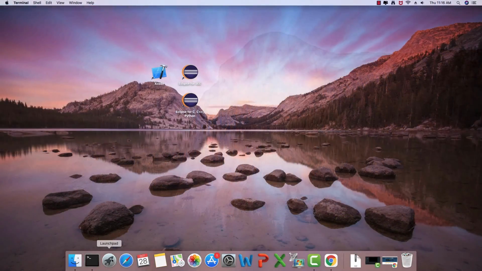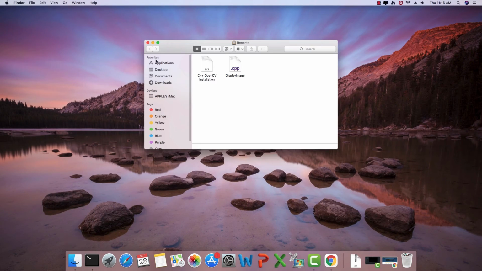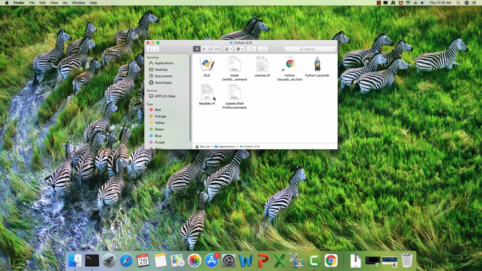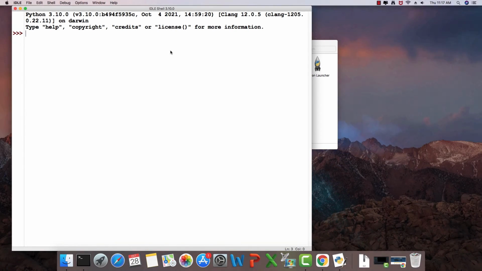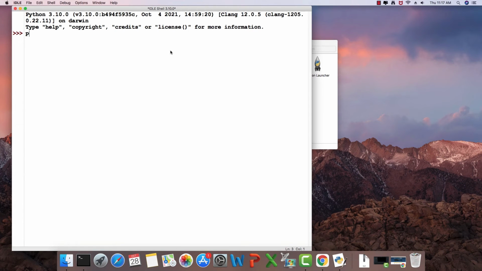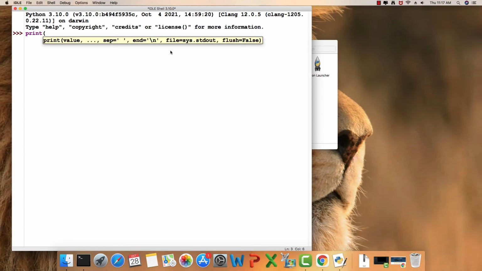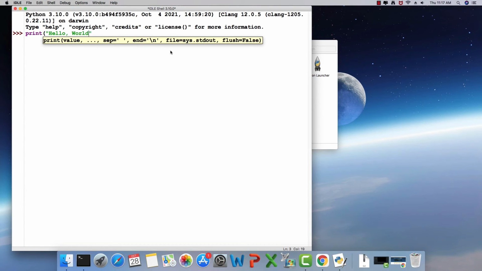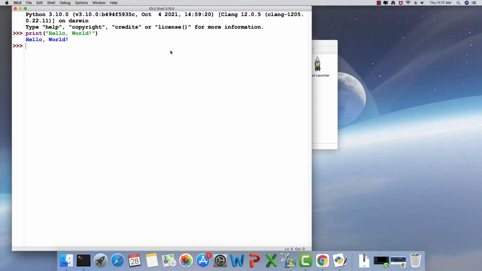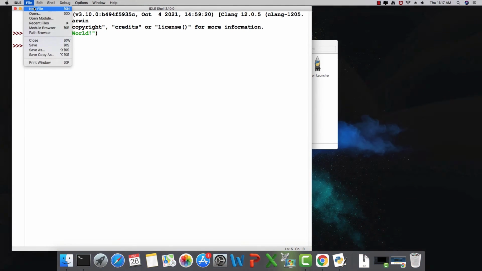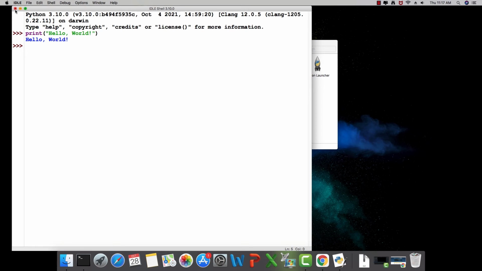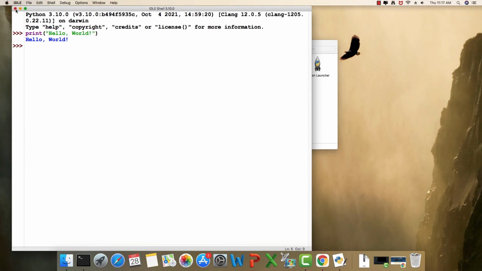So I can just go to the Finder or Launchpad and go to the applications here and double click Python 3.10, and if I double click IDLE, it is going to open the IDLE shell for Python. So here we can type in the programs. So I'm just going to say print hello world. And we can also create a new file and use this in the script mode. So I'm just going to go ahead and close it now.